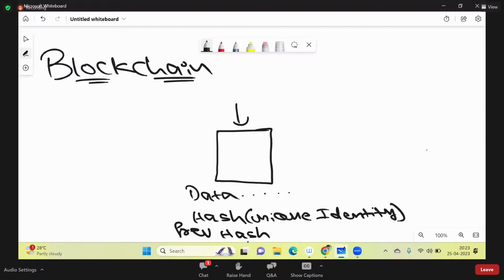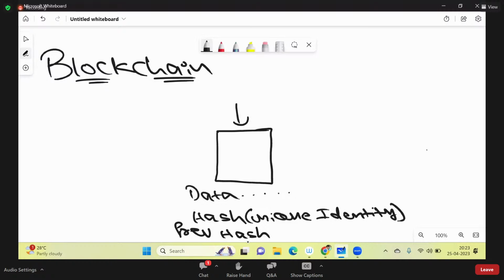Now this 123 here will become the previous hash of block number 2. And again, block number 2 is going to have its own hash. That is its identity. Let me say block number 2 has a hash of 456. Now, block 2's hash, 456, will become the third block's previous hash. That is, 456 will be present here. And then again, the third block is going to have its own hash. Let me say that is 789.